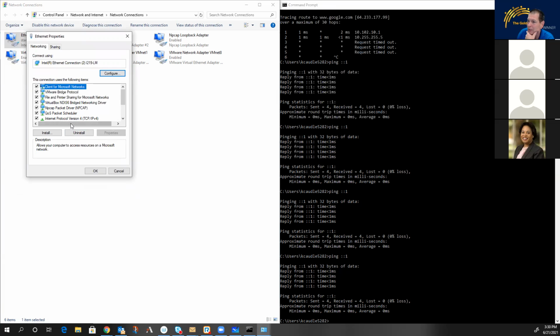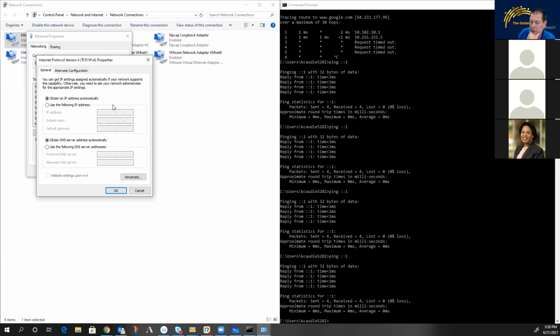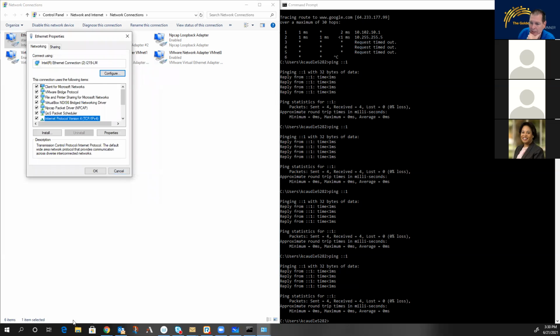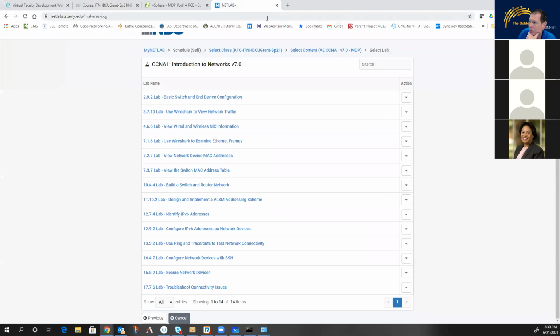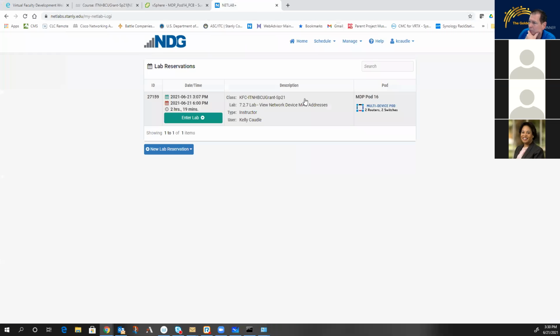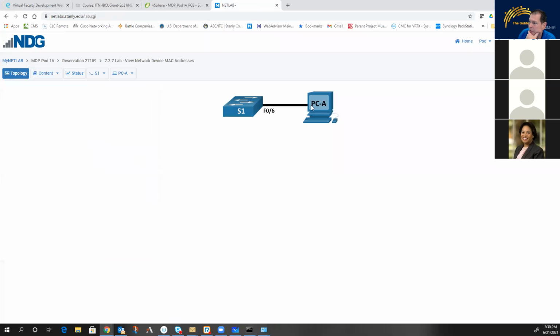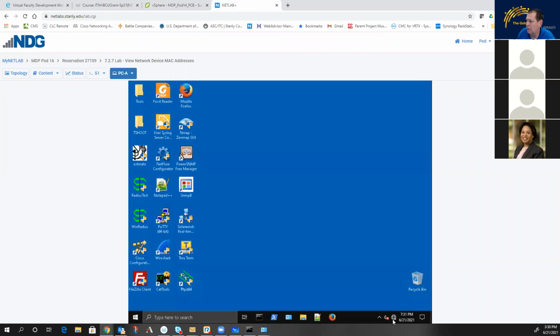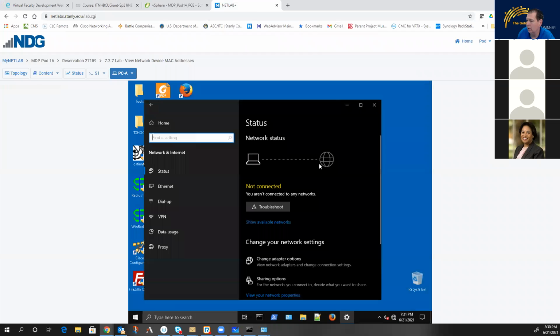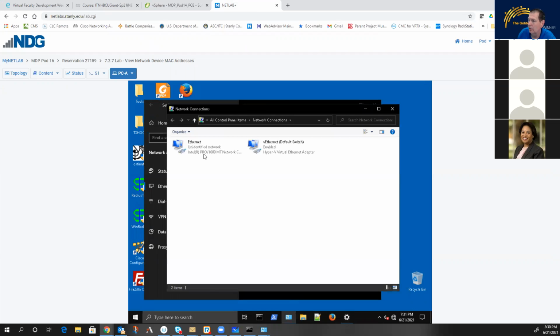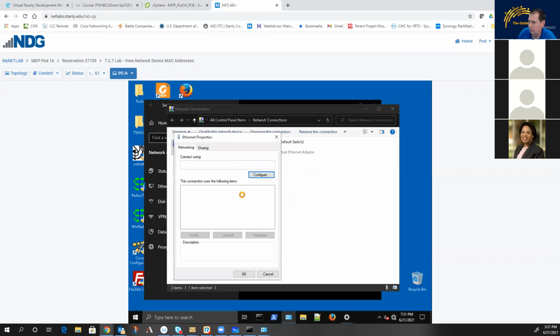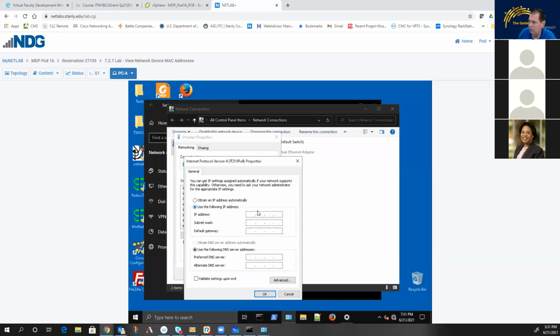Okay, welcome. One thing I will tell you folks, in our labs, anytime you put static IP addresses on, make sure, I've had a couple labs that people are having trouble with, and I think what's actually happening is inside of the lab itself. So let me go back to my net lab because I've got a lab going on. If you go into this PC to change its IP address, I go in here, go to Ethernet, change adapter options, double click, and I put